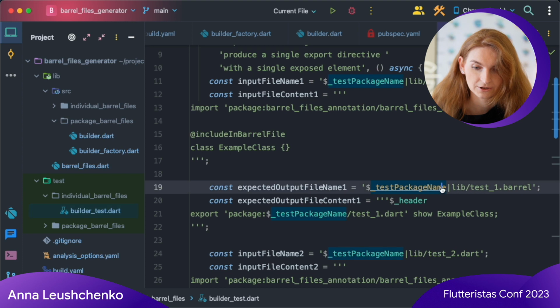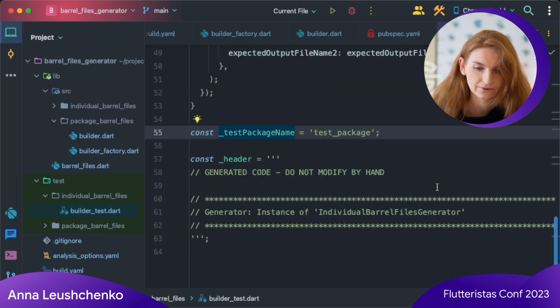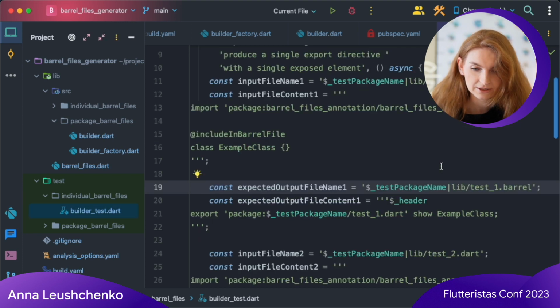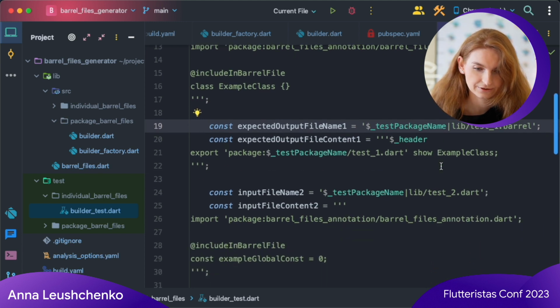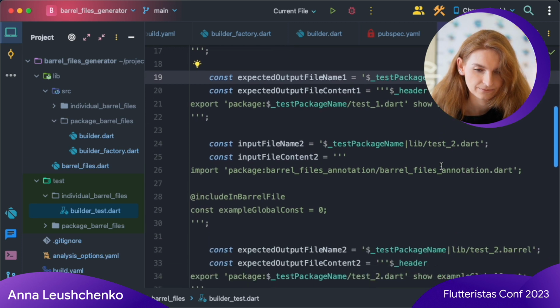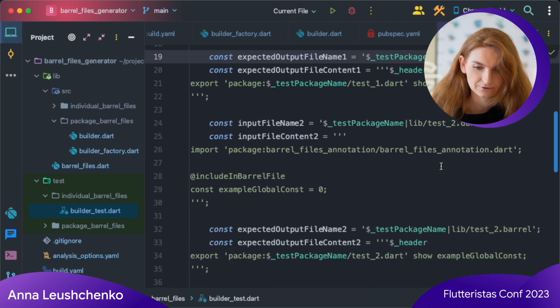Here is the test package name and header values. So it's expected that a test1.barrel file will contain a default header and one export directive. Here is another pair of inputs and expected outputs.